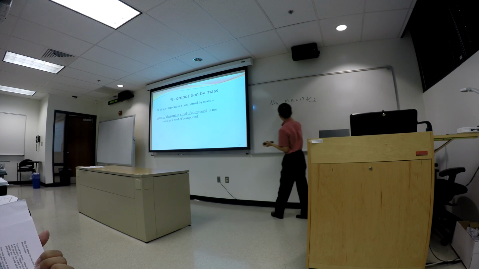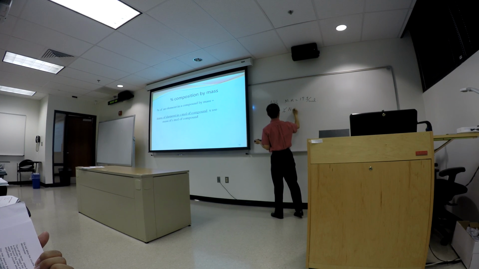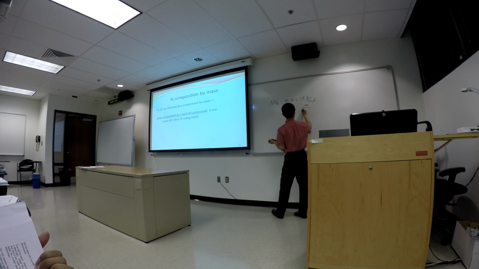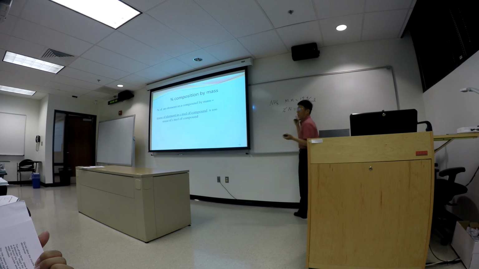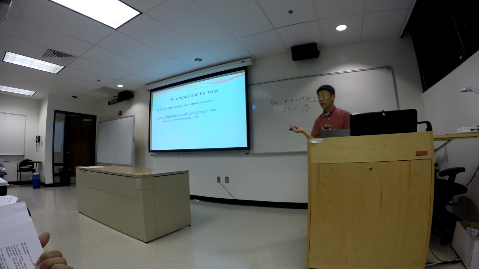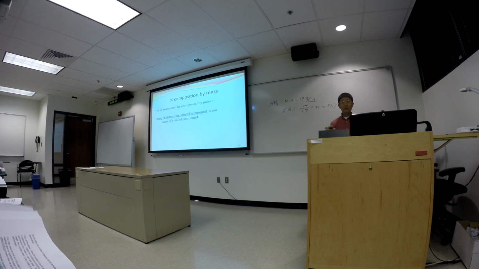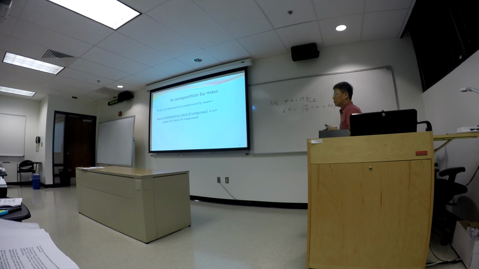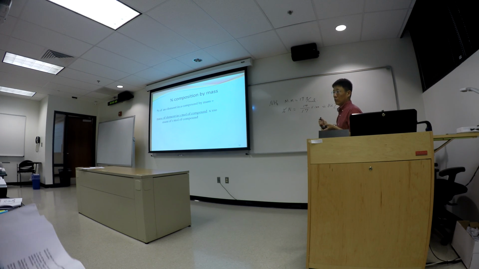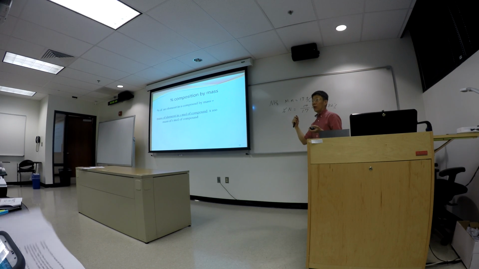And the percent of nitrogen would be 14 grams over 17 grams. That is, in every mole of ammonia, you have 1 mole of nitrogen. 1 mole of nitrogen weighs 14 grams. 1 mole of ammonia weighs 17 grams. And multiply that by 100, and that will give you roughly 82%, 82.244%. So this is how we do the calculation. This is the equation that we need you to remember. And same thing for the